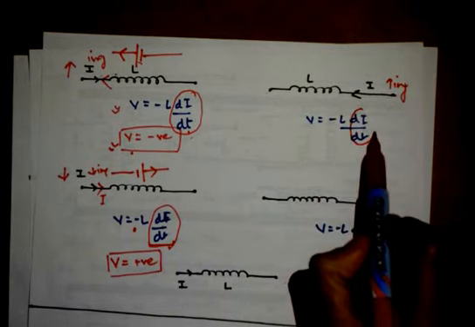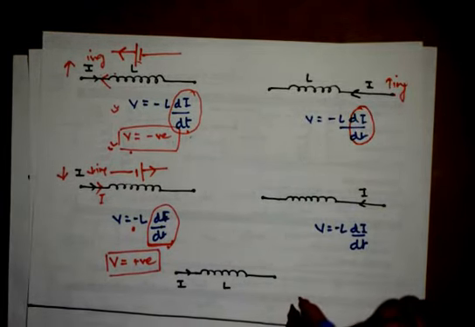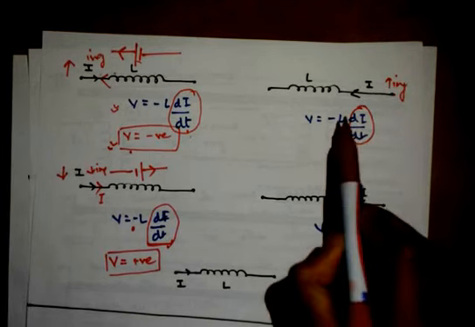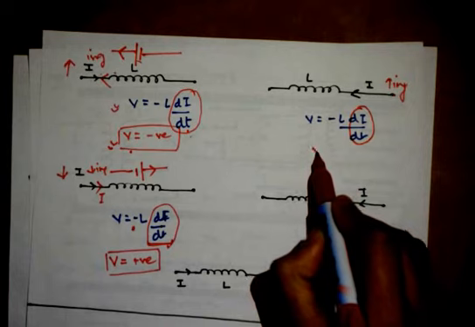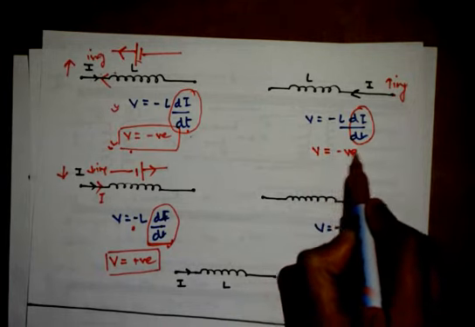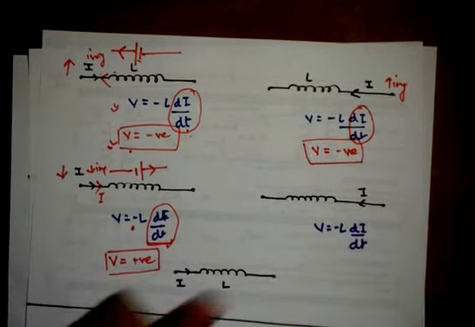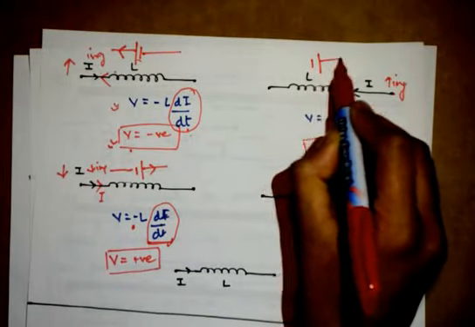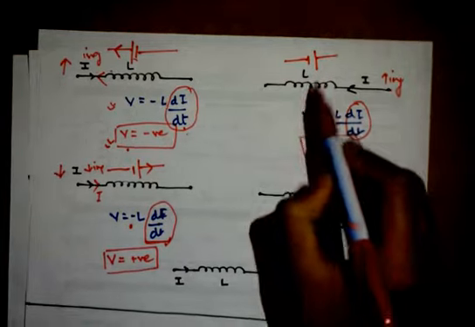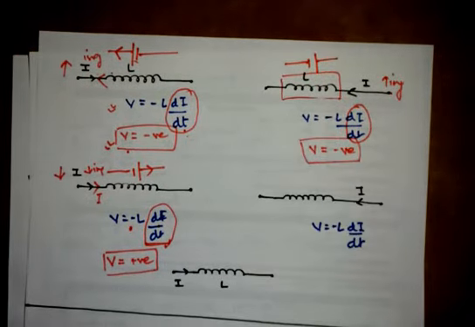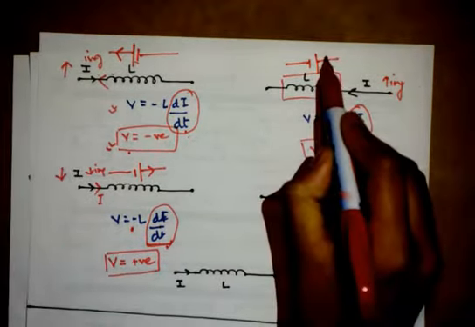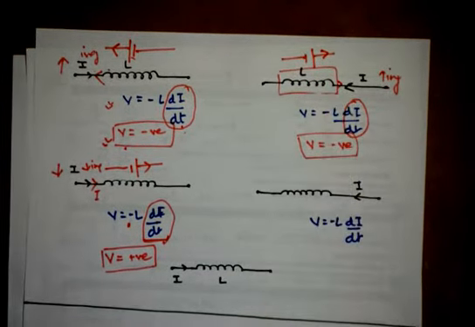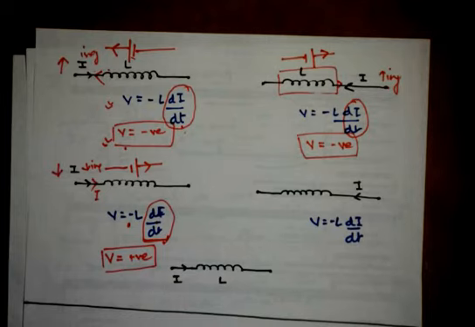This factor di by dt is an increasing factor. That means this is going to become more and more positive. So this negative and positive will become negative. So the induced voltage will be negative, and the induced current is going to oppose the direction of this current. So this inductor will behave as an EMF source, and the current will oppose the direction of the current which is flowing already in this solenoid.